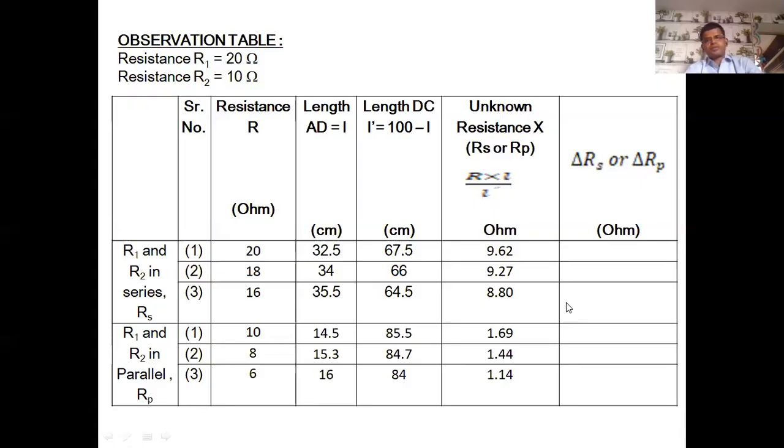As per the live demo practical, we showed here in the series connection, we remove 20 from the R box, and at that time we move the jockey key on the wire until the galvanometer shows 0. So we note down the length from the meter bridge. It is 32.5. After that, how can we calculate L dash? 100 minus 32.5, so you get the answer 67.5.